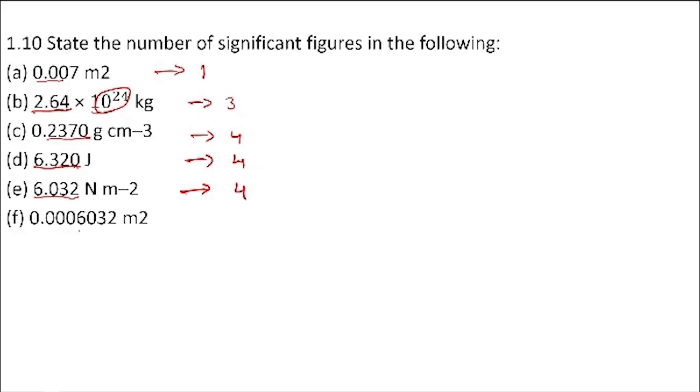Again 0 before the digits after the decimal place is not considered significant, so it represents 4 significant